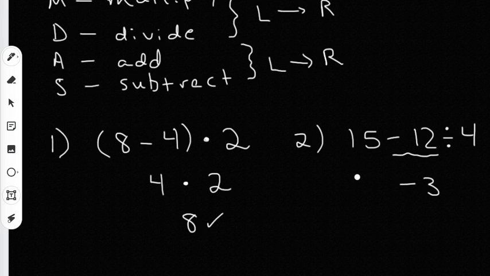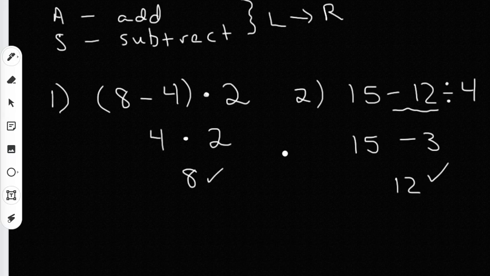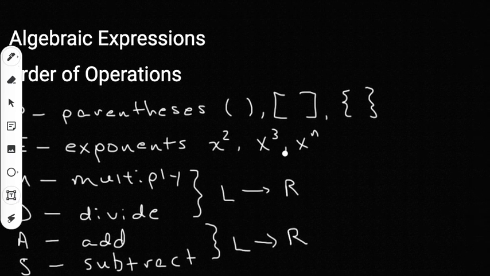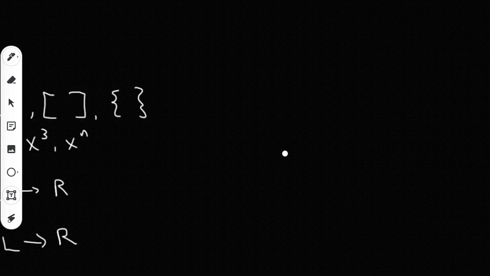And then, of course, I have to bring down the 15. So now I've got 15 minus 3. That's just going to give me 12. So that's my answer. Okay, let's do one more that's going to be sort of like a bonus because it's quite complicated. I want to try this next one. Let's try number 3. Number 3 is 3 squared divided by 3